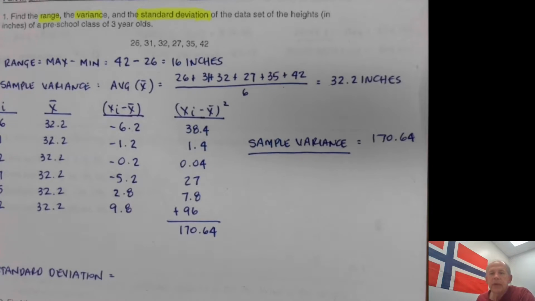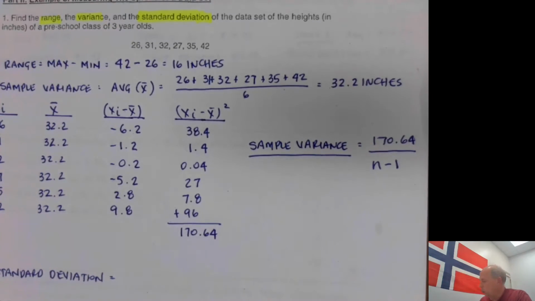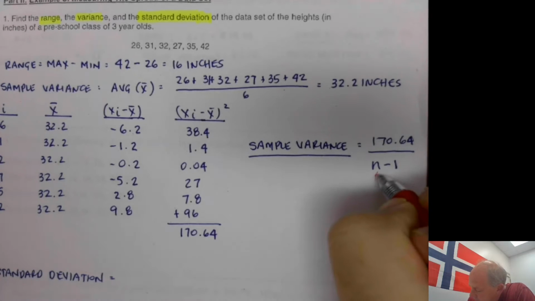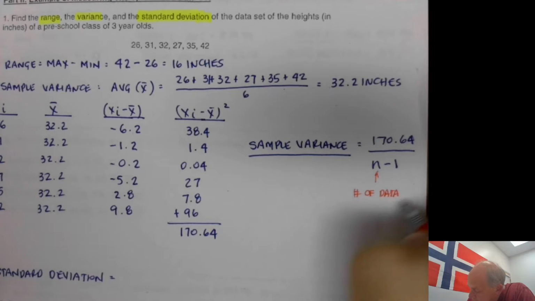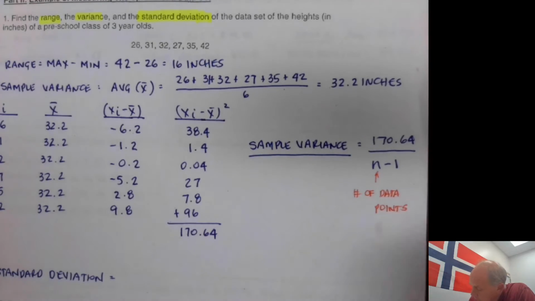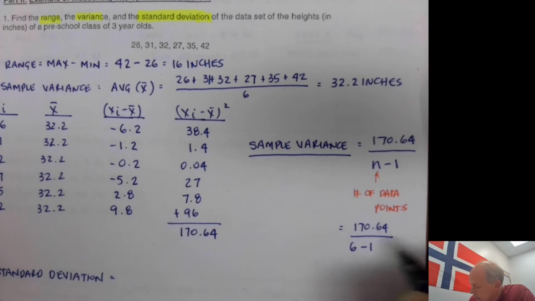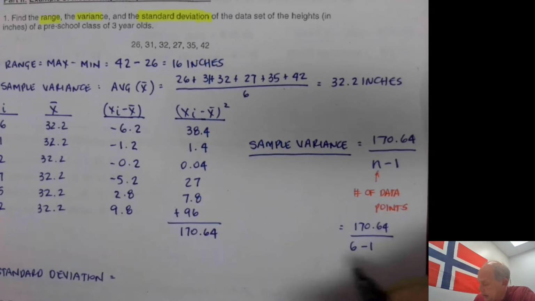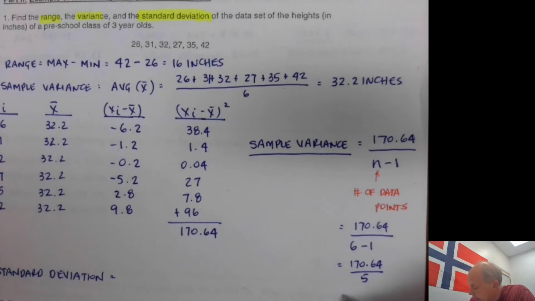And what I'm going to do from the formula is divide by n minus 1, and n is the number of data points. So in this case, I have 170.64 divided by 6 minus 1. There are 6 children in the class, 6 data points. Going to divide that by 5, and my sample variance